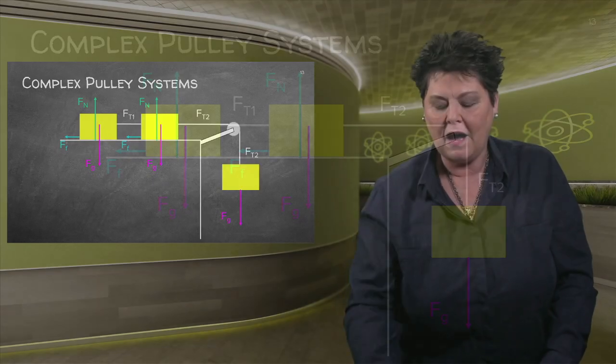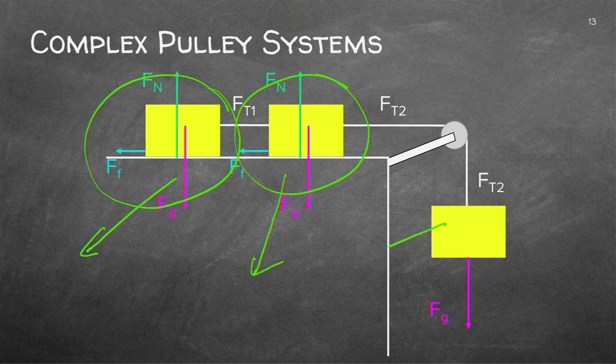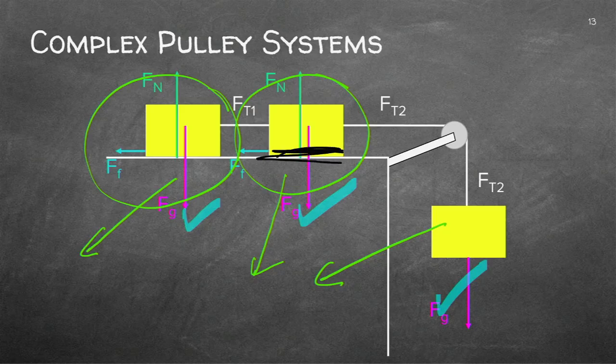Let's have a look. I've got another complex system. Can you see I've got two masses now on a table? You actually take that one, and that one, and you take them apart. What do I know? I always have the gravity. If this is lying on a surface, then you'll also have the normal force. This is hanging free, so there is no normal force. And then, as I said, draw the T1, the tensions, and you'll know exactly what's happening.